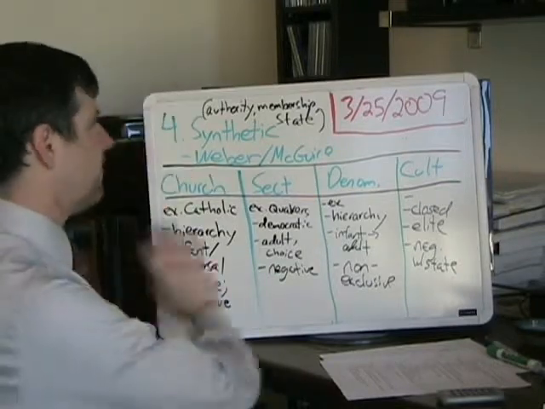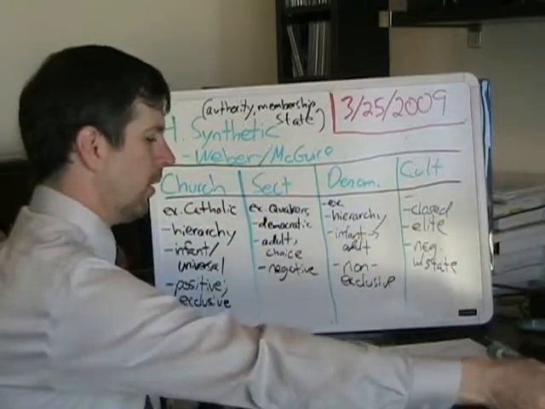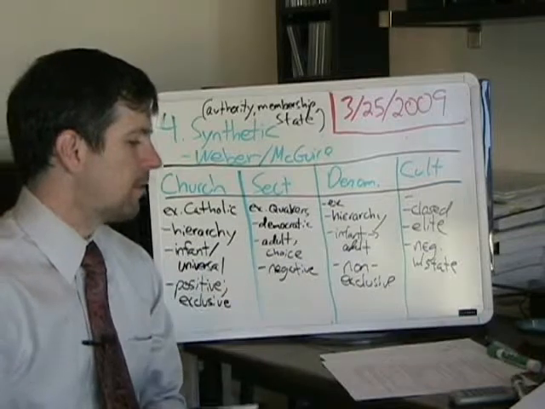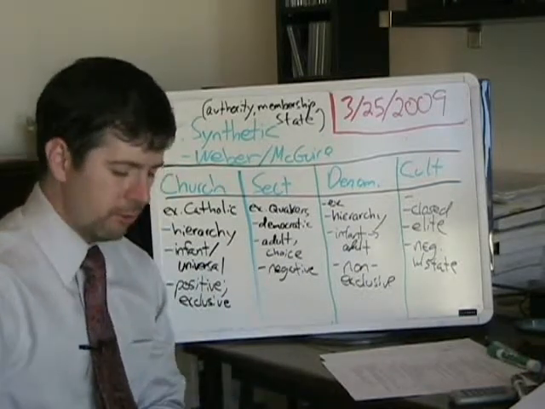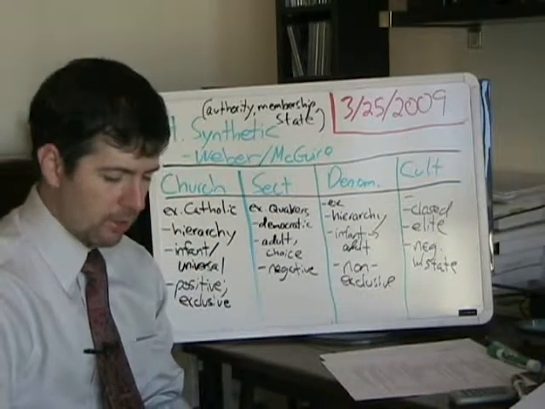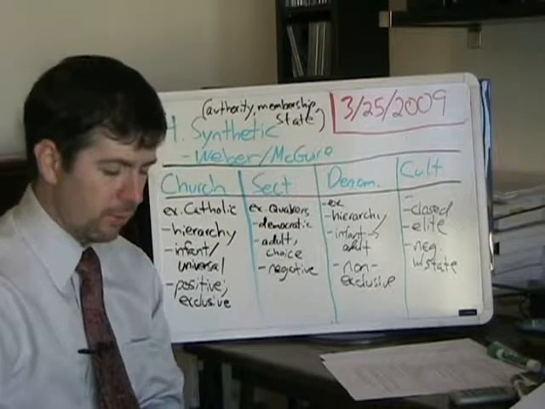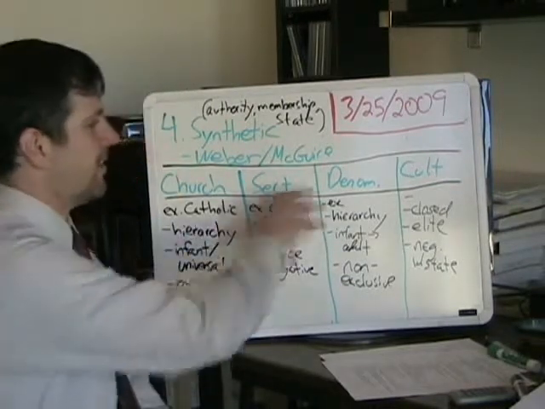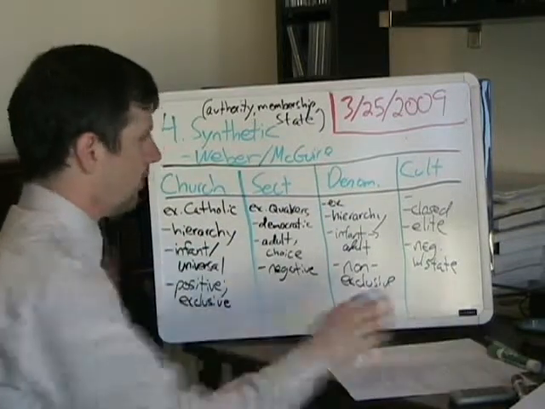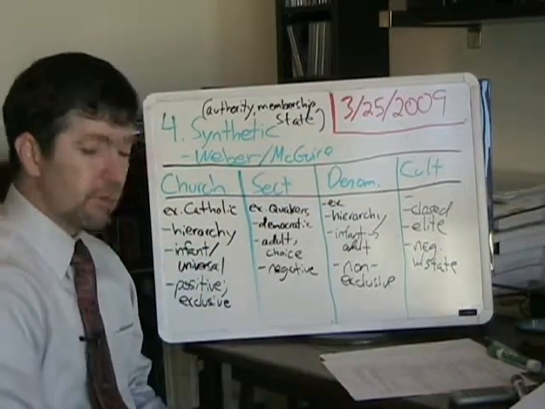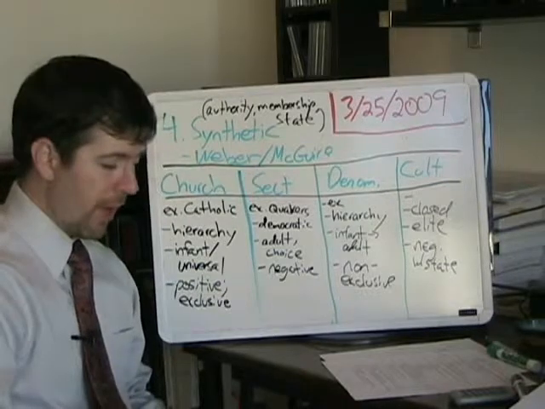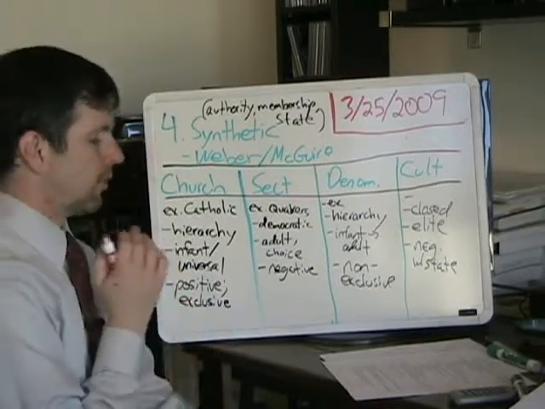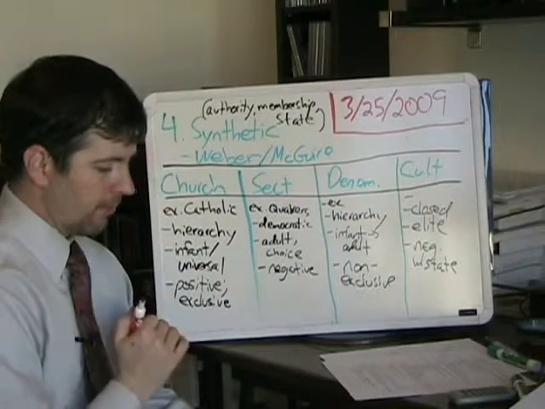So those are the four ideal types, if you will, of religious groups within church-sect theory. And as you come to understand this, I point you towards the charts in McGuire on pages 159 through 161, where she takes this same system that we've just laid out here, and she says you can structure these groups on two axes. One of the axes is, does the group have a positive or a negative relationship with